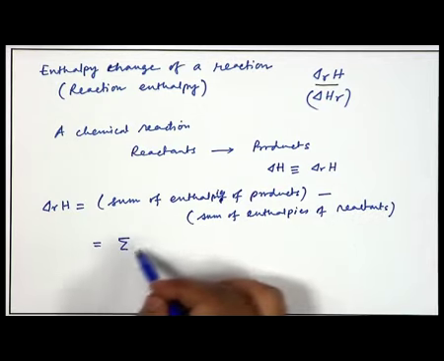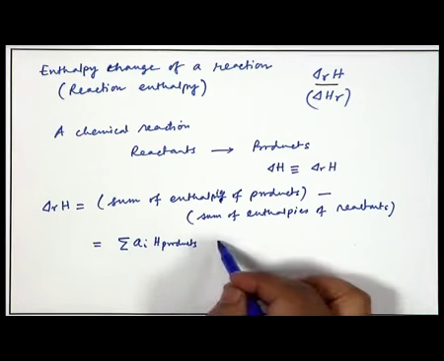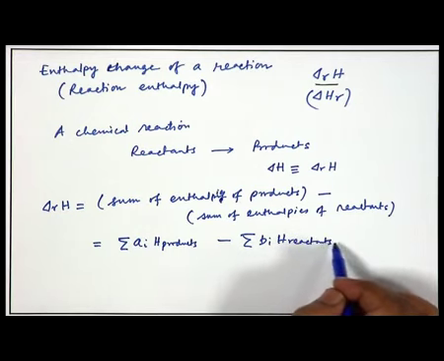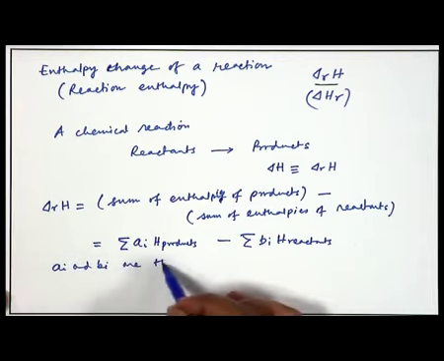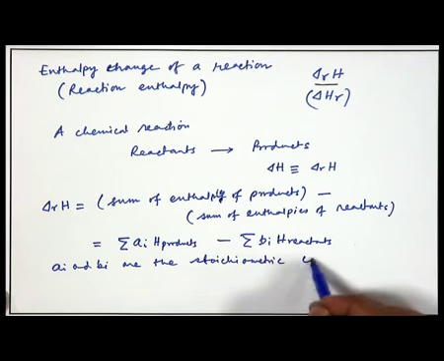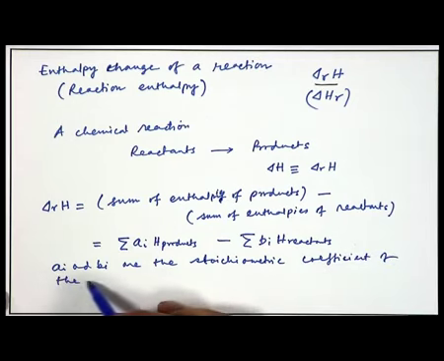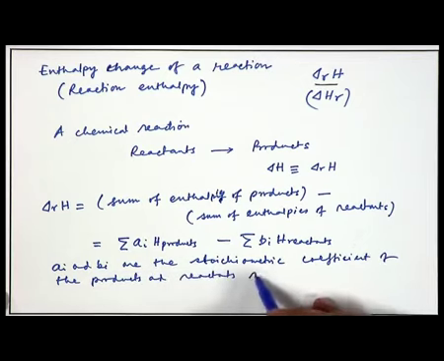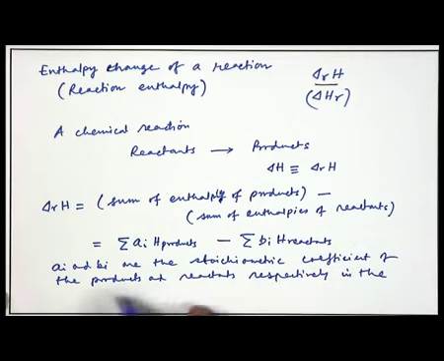We can write it as the sum of a_i H products minus the sum of b_i H reactants, where a_i and b_i are the stoichiometric coefficients of the products and reactants respectively in the balanced